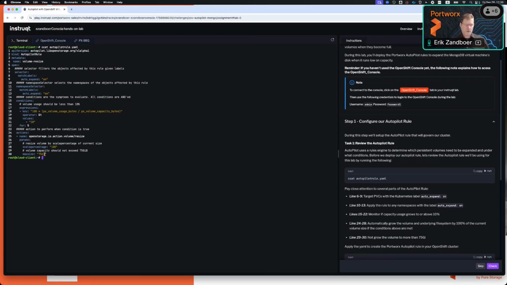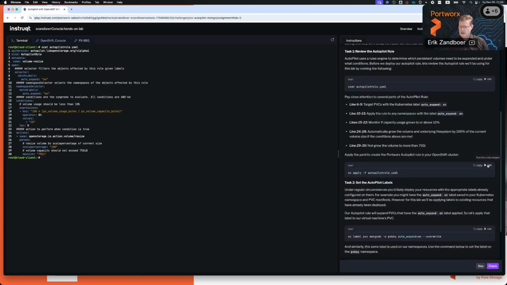So this rule will monitor the usage as soon as we go over 10%, which is very low. But of course, we don't want to wait for like 30 minutes because we need to fill the disk, and that takes time. So we set it to 10% to make it a bit quicker. And then it should grow the 33 gig device to like a 70-some gig.